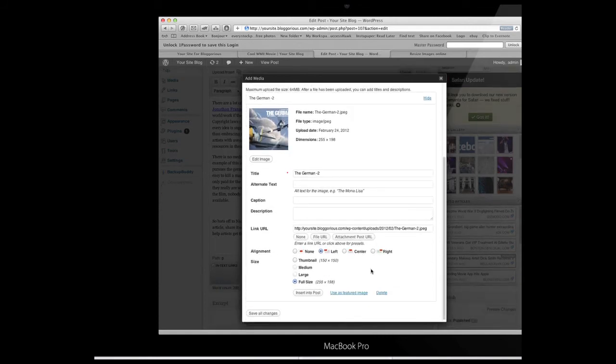The difference here is that usually we hit use as a featured image because it's going to be a featured image, but this isn't a featured image. It's an image that's in a post, so we're going to hit insert into post. You can choose whether you wanted a small or a large image and how you want your alignment. The alignment is an interesting